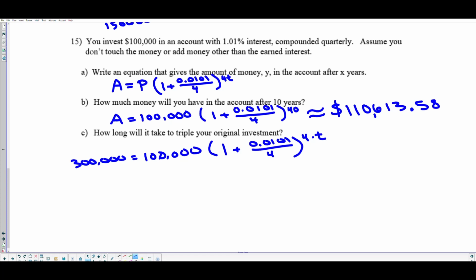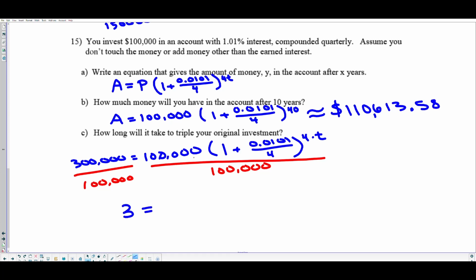That's what they're asking, and that's what we're trying to solve for, so the t power. Okay, go ahead and do the division. Divide both sides by 100,000. And you end up with just 3. These right here cancel, and you end up with